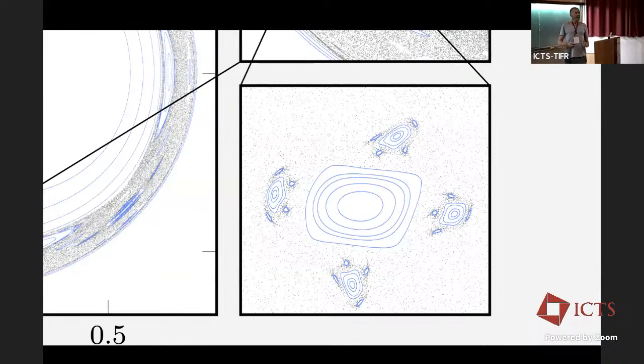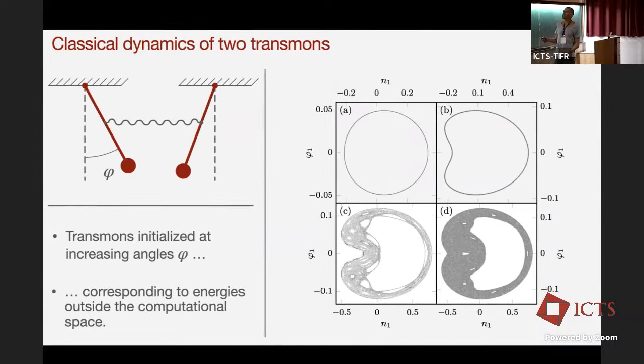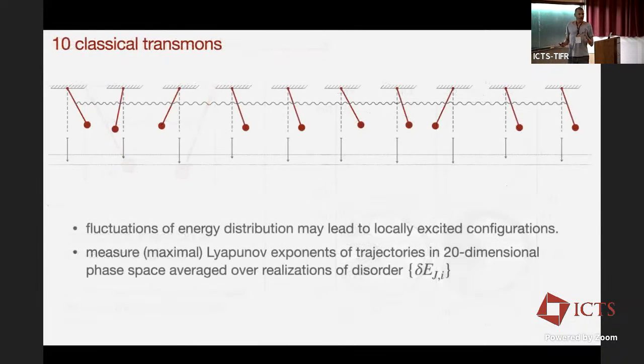Is this relevant in any way to quantum computing? The answer is clear-cut no. Why? Because in order to actually realize this chaotic dynamics, you have to go to distortion energies which are really high, much higher than the qubit energies. If you really stay down there, at what is relevant for quantum computing, you are nicely integrable. So you could say everything is nice and fine, project closed, let's do something else. But before doing that,